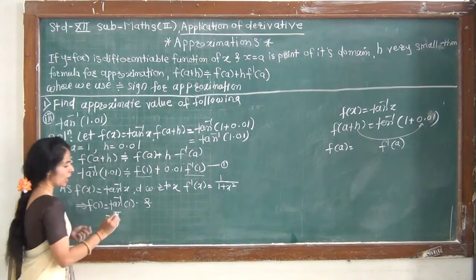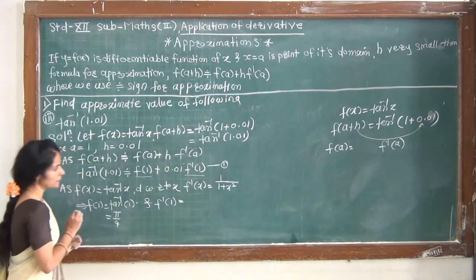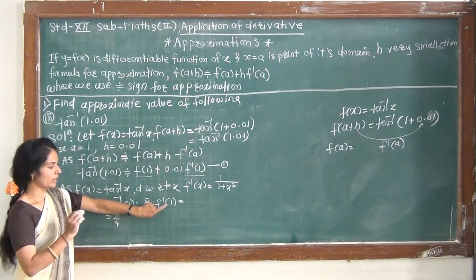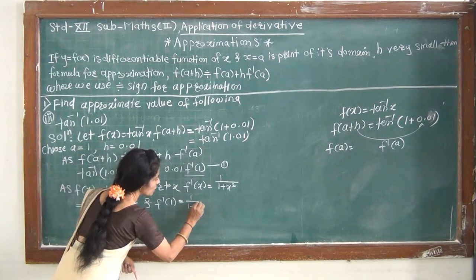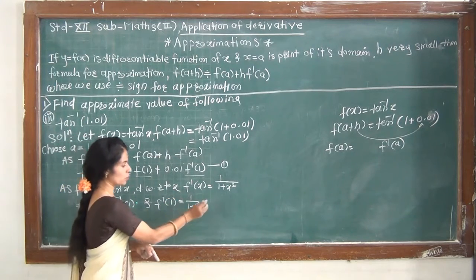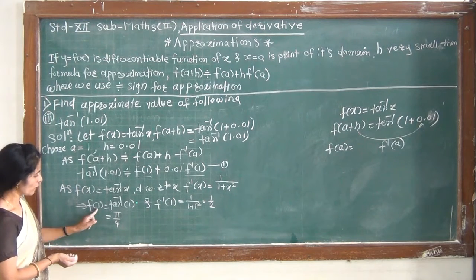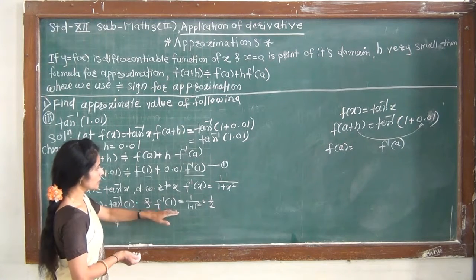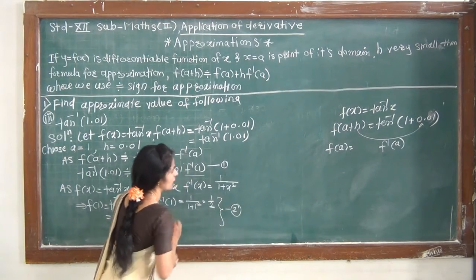And we have to find f dash of 1 again. So f dash of 1 is nothing but, replacing the value of x with 1 on the left hand side and also on the right hand side, 1 divided by 1 plus 1 square. So 1 square is nothing but 1. So it gives 1 divided by 2. So this is the value of f of 1 and this is the value of f dash of 1. We mention this as equation 2.